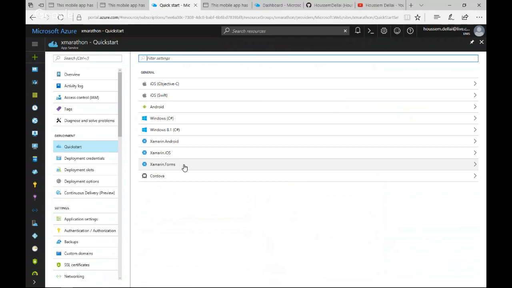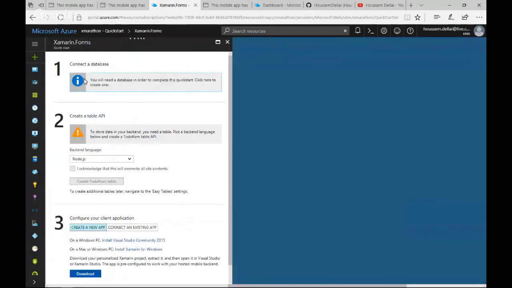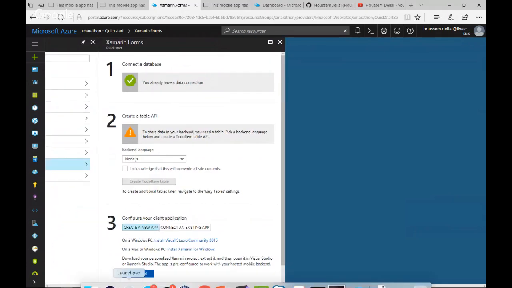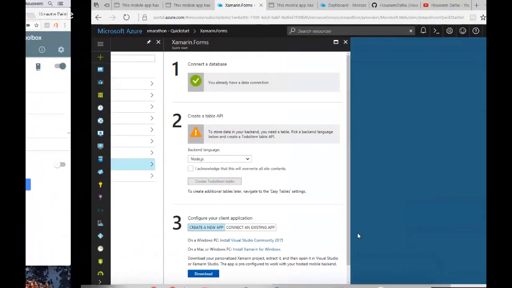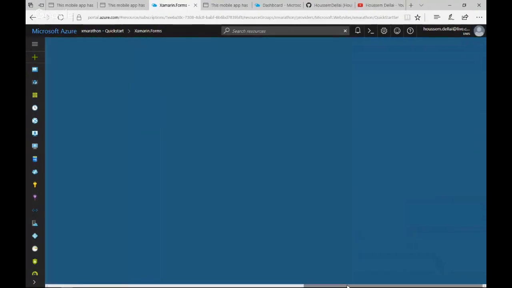So if I choose here Xamarin Forms, for example, then I get here the 3 steps in order to configure my application for both sides, the backend and the client app. So the first one is connect a database. So here it tells me that I already have a data connection, but I need to add that connection to my app. So to do that from Azure, what we need to do is to go,